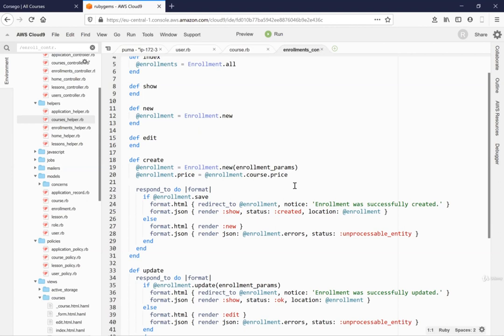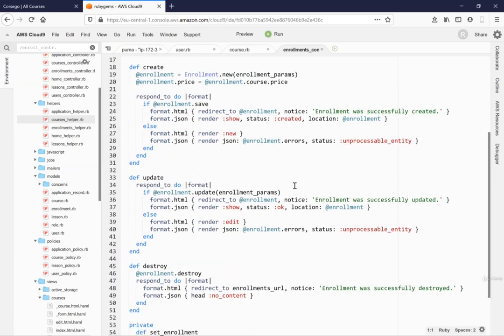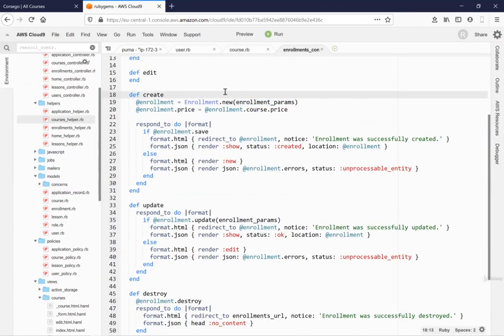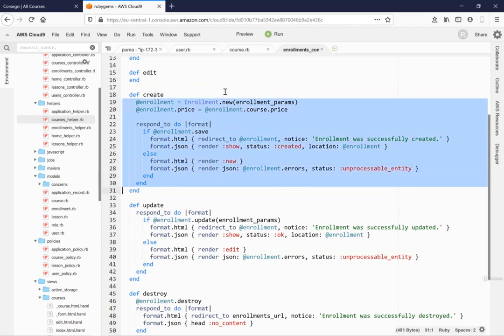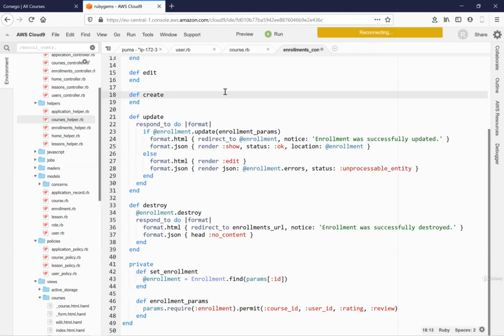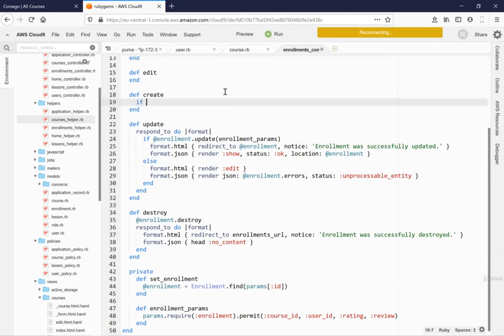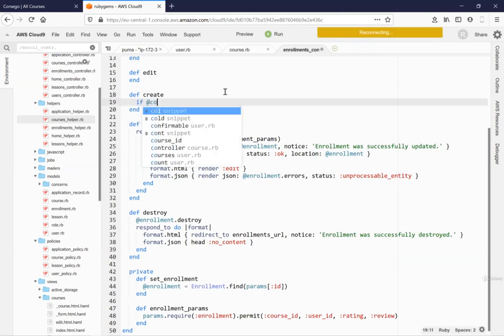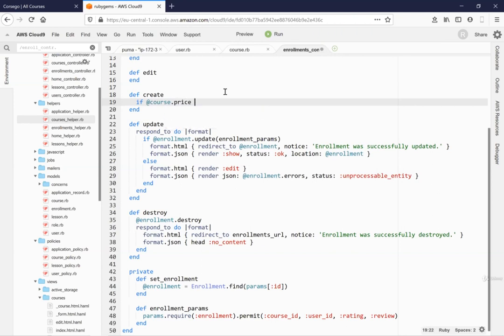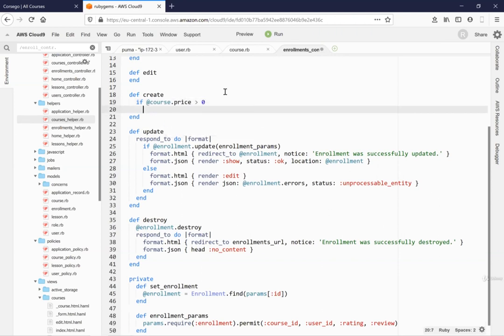So we're not going to change anything in new, but we are totally going to rewrite our create action. So we are not going to use the enrollment params at all, because we're going to pass the current user and going to pass the course that we've pre-selected. So we delete all this code, and it's going to be something like, if the price of a course is more than 0, then